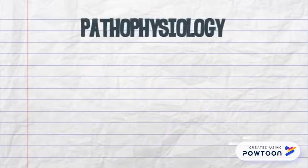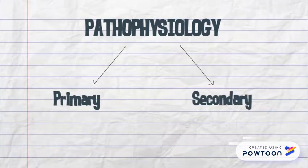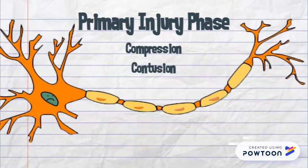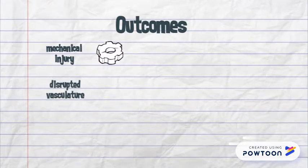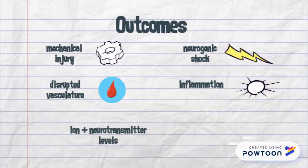To begin, the pathophysiology of spinal cord injury can be divided into two phases, the primary and the secondary phase. Primary injury phase: nerve cells and axons are damaged as a result of forces such as compression, contusion, acute stretch, and laceration, such as those experienced in injuries. Therefore, the outcomes of the primary injury phase include mechanical injury, disrupted vasculature, neurogenic shock, inflammation, alterations in ion and